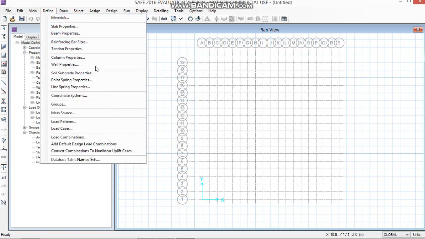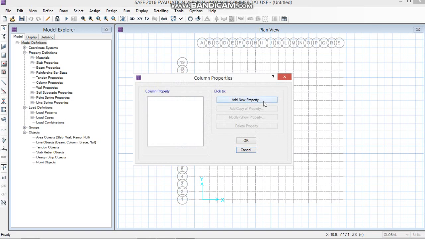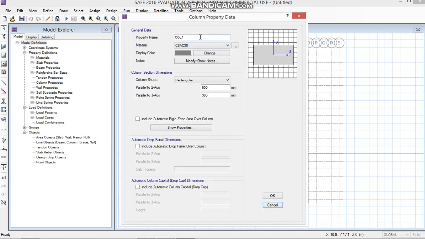Next thing is defining column properties. Click on add properties. Column 1, M40. Dimensions are 500 by 500. So there are two types of column only. One is 500 by 500 dimension, other one is 600 by 600. So for column 1 dimensions are 500 by 500. Click on OK. And for column 2,